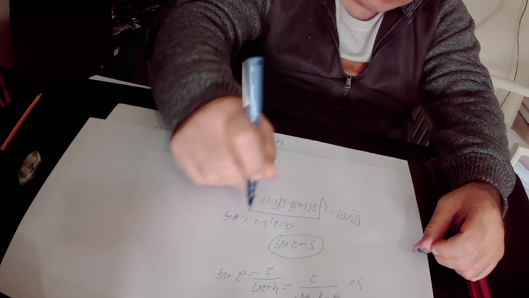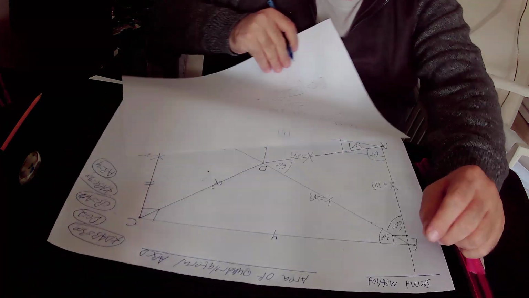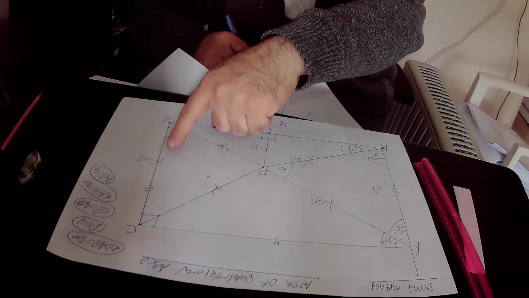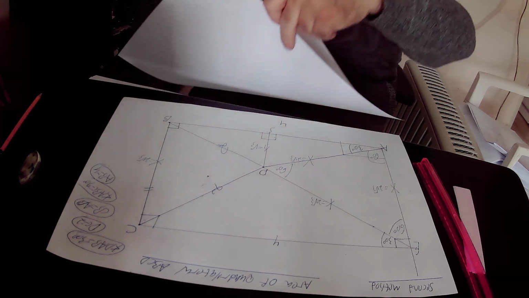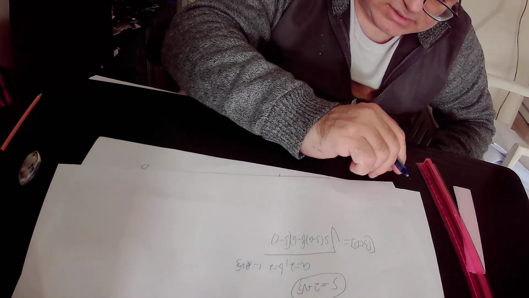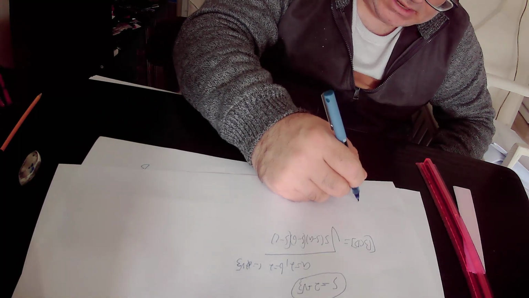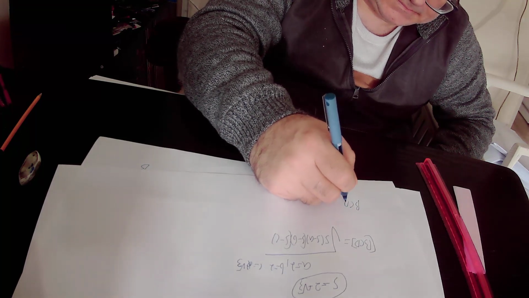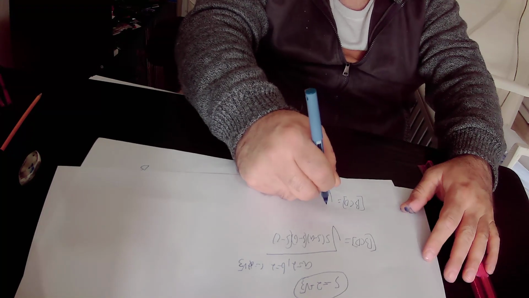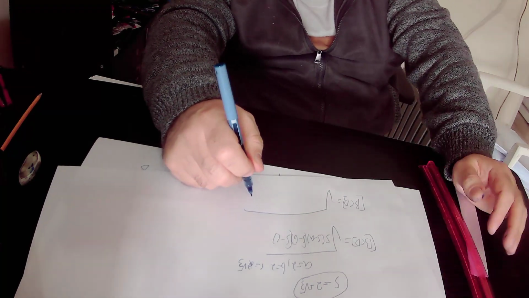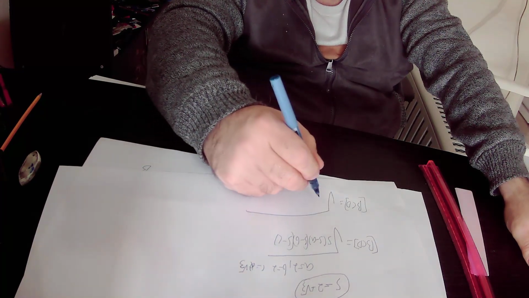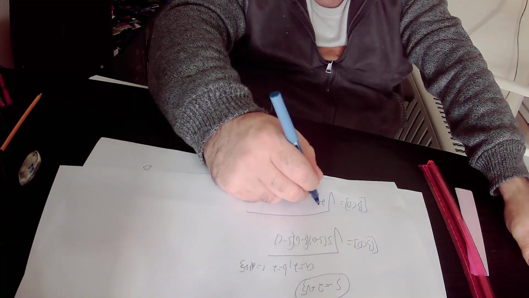You can see here, A equals 2, B equals 2, and C equals 2 times square root of 3 units. So we will put the data inside this equation, and we will find the area of triangle BCD. So the area of triangle BCD will be equal to the square root of S, which is 2 plus square root of 3 units,